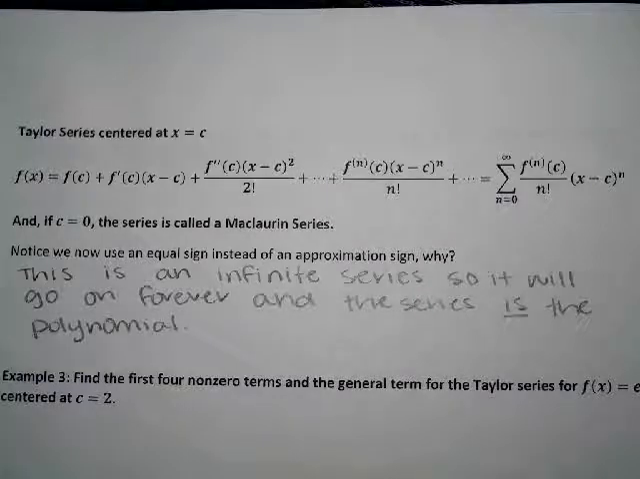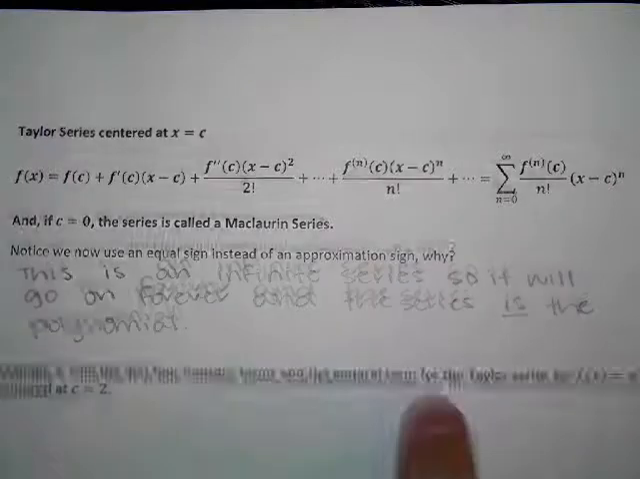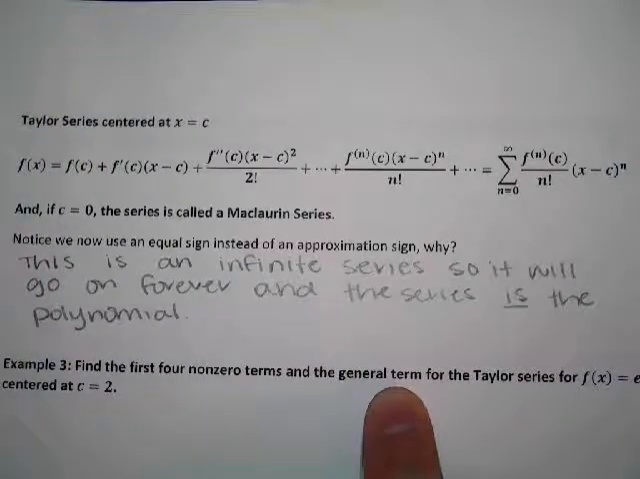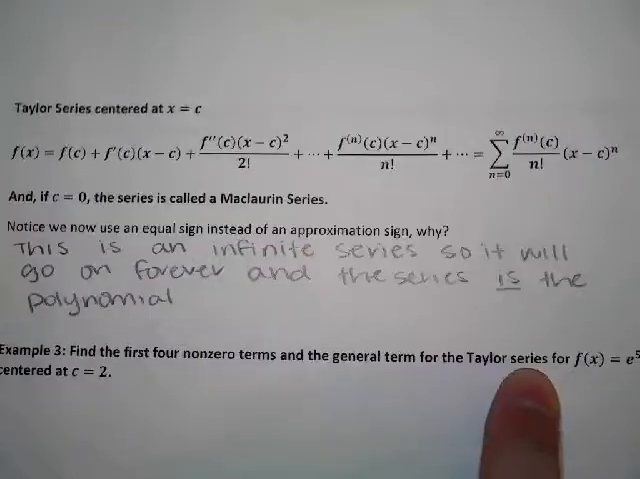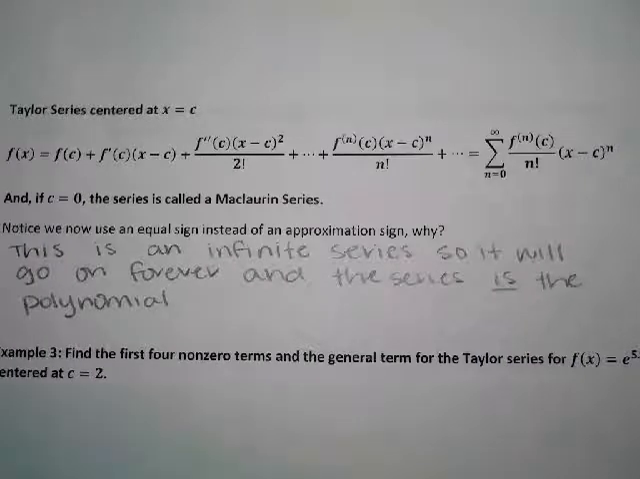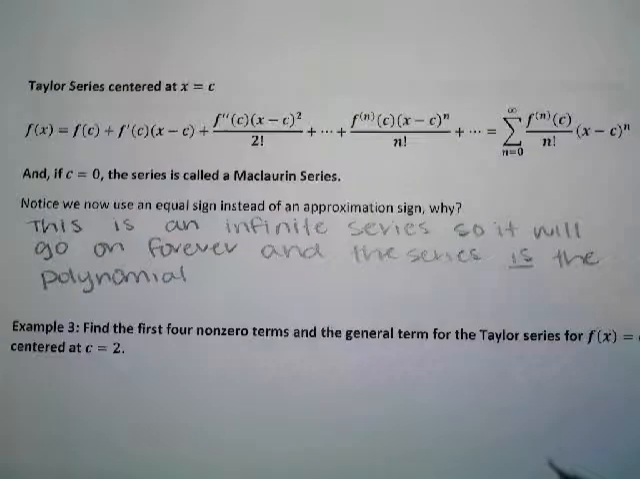Okay. So example 3 says, find the first 4 non-zero terms and the general term. Anytime you see that general term, that means like the nth term. For the Taylor series, not polynomial, series, for f of x equals e to the 5x centered at c equals 2. Okay, so we're going to write,